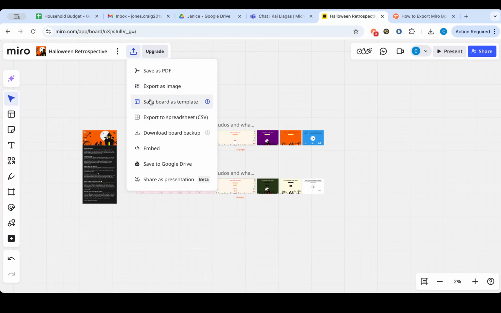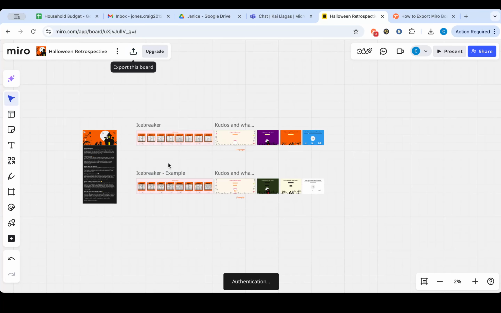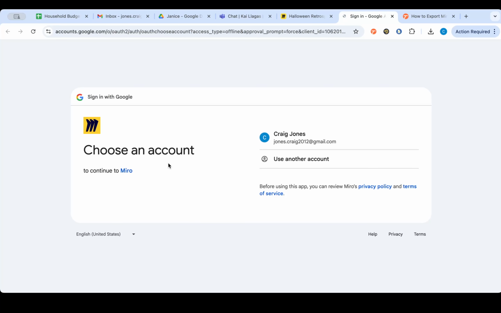When you click on this, a drop-down menu should appear. This menu will present several options for exporting your board. From the drop-down menu, look for and select Save to Google Drive. This choice is specifically designed for exporting directly to Google's cloud storage service, ensuring your board is safely saved and